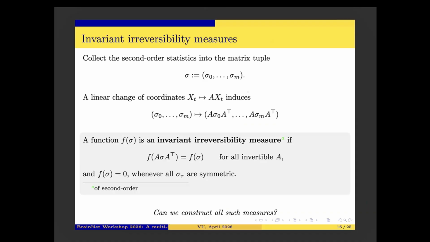Let's collect these covariance matrices in an M-tuple. We have an M-tuple of n by n matrices, and we are looking at linear changes of coordinates in this. A is an invertible n by n matrix, and that induces this transformation on this tuple. All second order statistics is now captured by this matrix tuple, and this matrix tuple transforms in this way. This is a joint